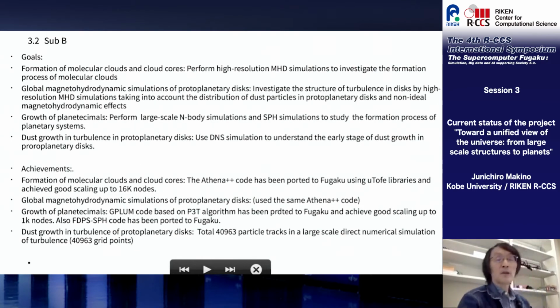And for subject B, which covers star formation, molecular clouds, and planetary formation: for the formation of the molecular cloud and the global MHD simulation of the protoplanetary disk, the code is essentially ready. For this one, we have modified the Athena++ code, which is developed by one of our group members and people at Princeton University, and modified it so that it uses